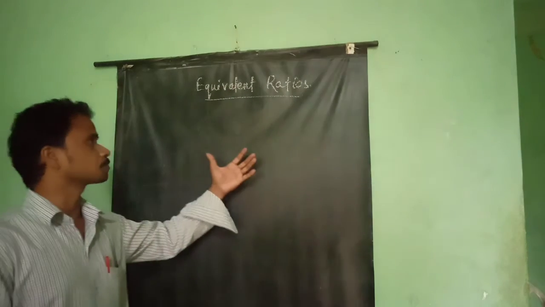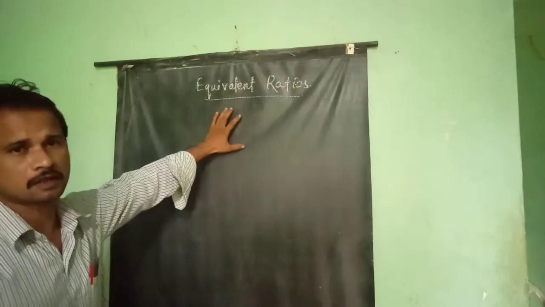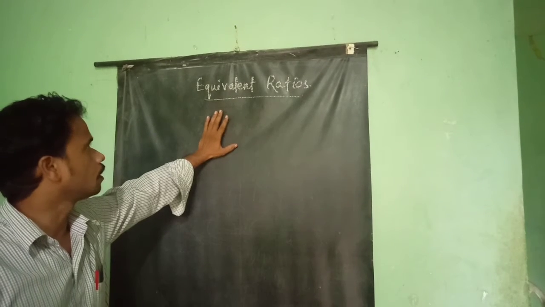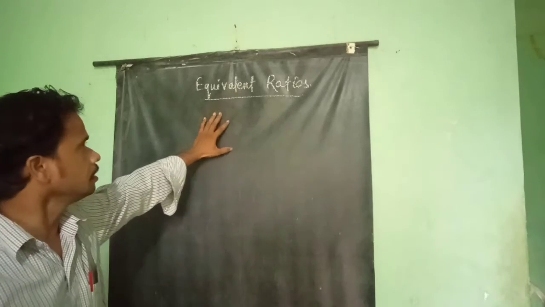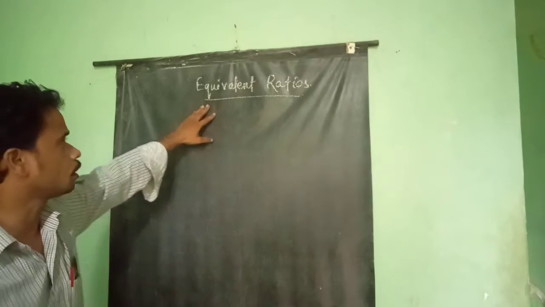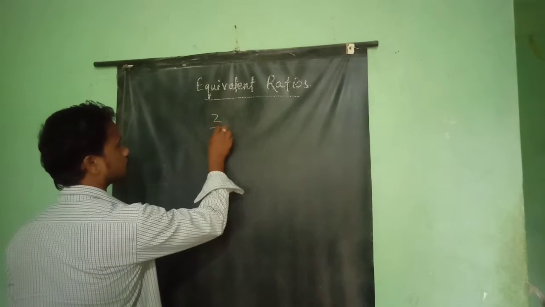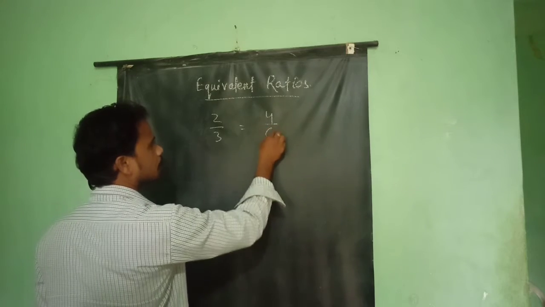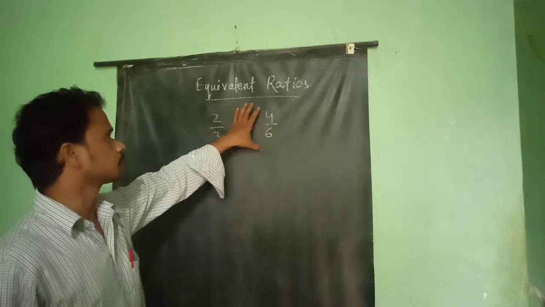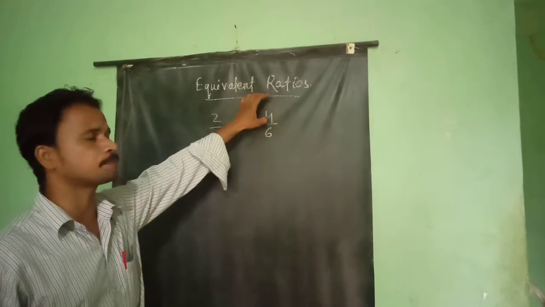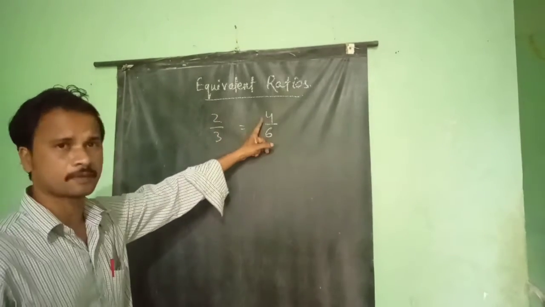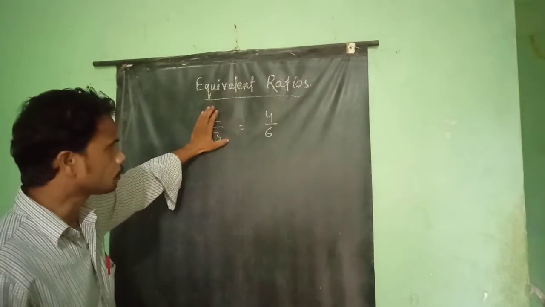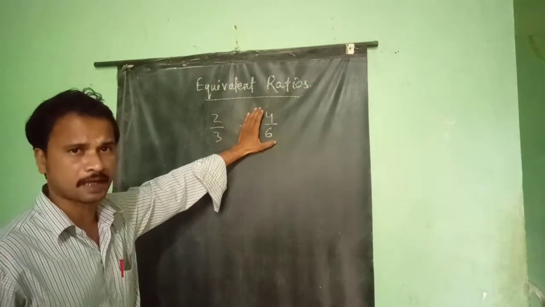So this is not much more difficult because you have done equivalent fractions already. तो पहले हम जरा रिकॉल कर लेते हैं, इक्विवेलेंट का मतलब क्या होता है? जब दो फ्रैक्शन इक्वल होते हैं तो हम लिखते हैं जैसे कि 2/3 इज इक्वल टू 4/6। 2 का 4 और 3 का 6। तो ये दोनों, 3 पार्ट से 2 पार्ट जितना है, 6 पार्ट से 4 पार्ट्स भी उतना है। उसको हम कैसे कर रहे थे? 2 का 4 और 3 का 6। तो हम बोलते थे कि ये जो दोनों फ्रैक्शन हैं, 2/3 और 4/6, these are equivalent fractions.